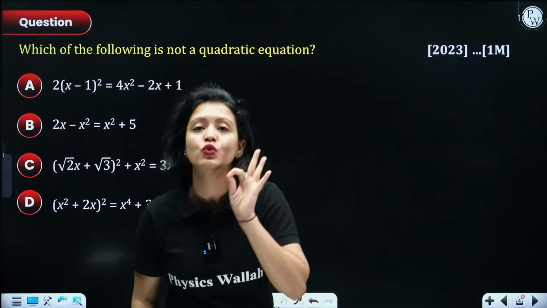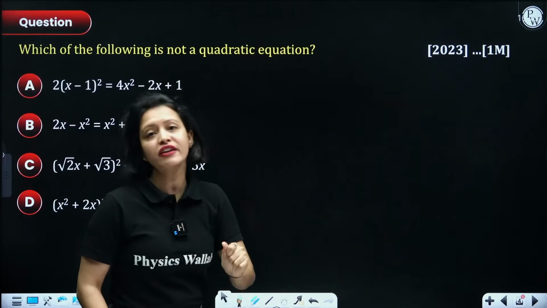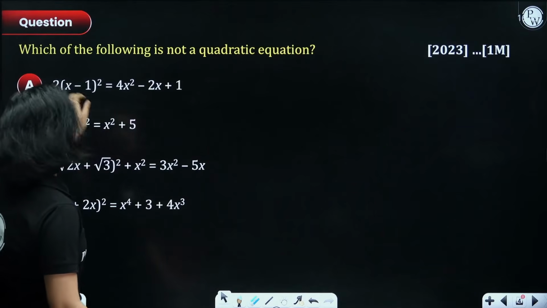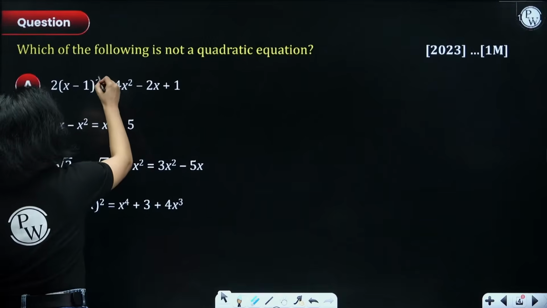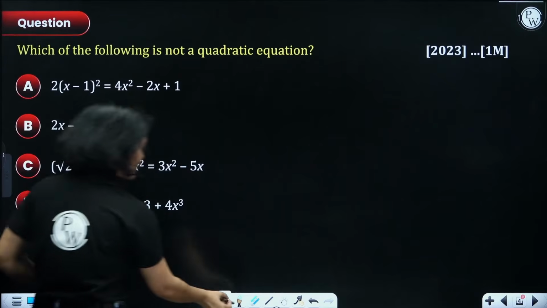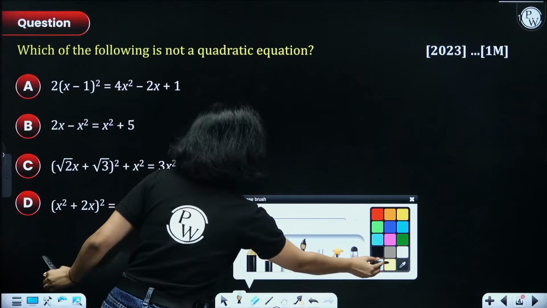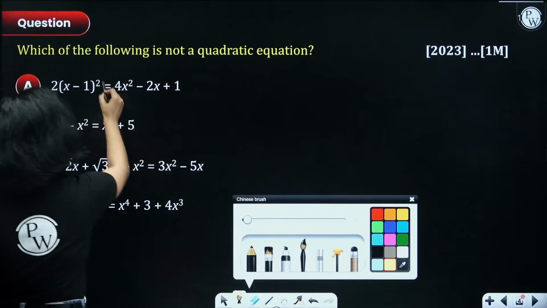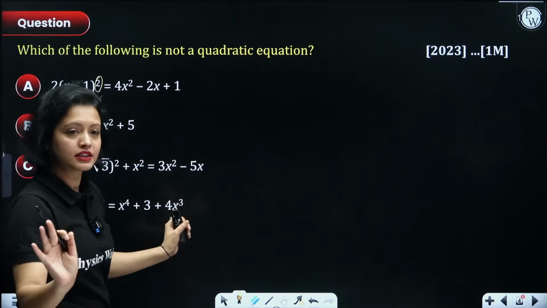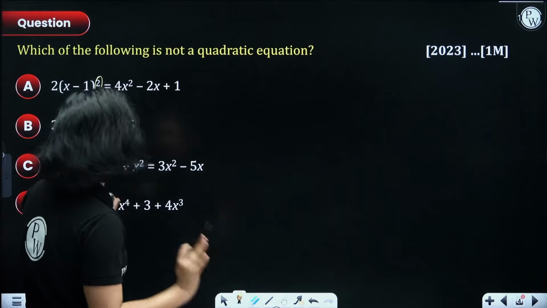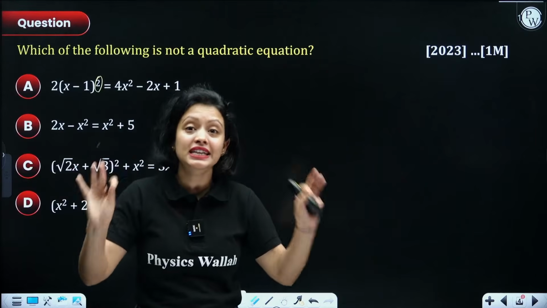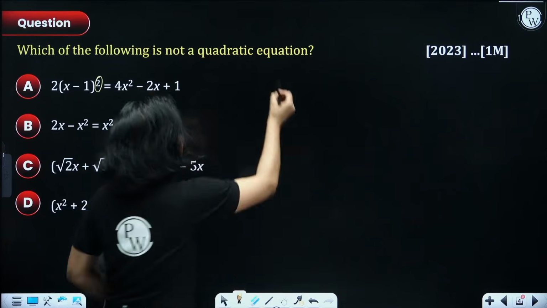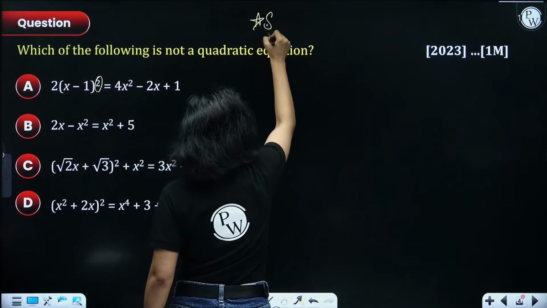So how are you going to do it? So first thing first, guys, please don't just see the equation and be like, oh, I can see that here, the highest power of the variable is 2. Okay, so that's it. The highest power of the variable is 2, done. No, it does not work like that. Okay, you will have to first simplify the entire thing. Okay, so remember, what is the important thing here? Simplify.